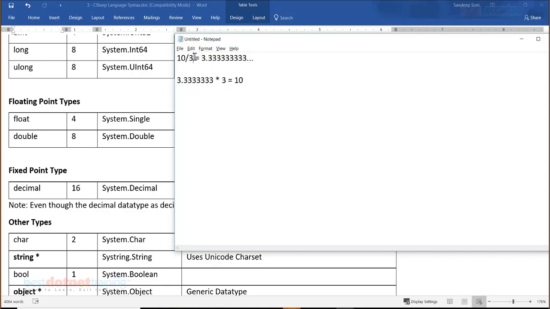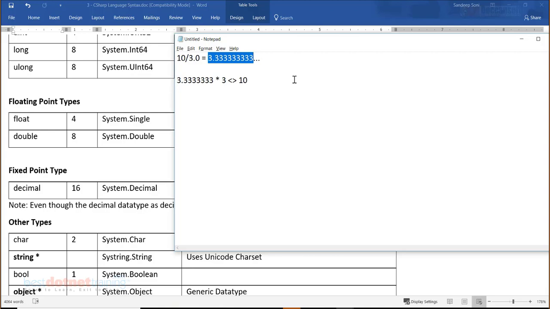To be precise, 3.0. Otherwise it will become integer division. So 3.0 is double division, and the result will be double. Multiply again with a number. Because this is already double, it doesn't matter whether it is 3 or 3.0. You will never get back 10. Why? You know the answer. This is simple mathematics. But here we know that there is a data loss.